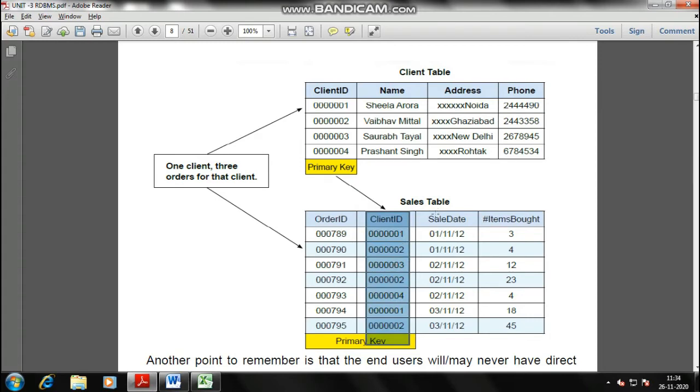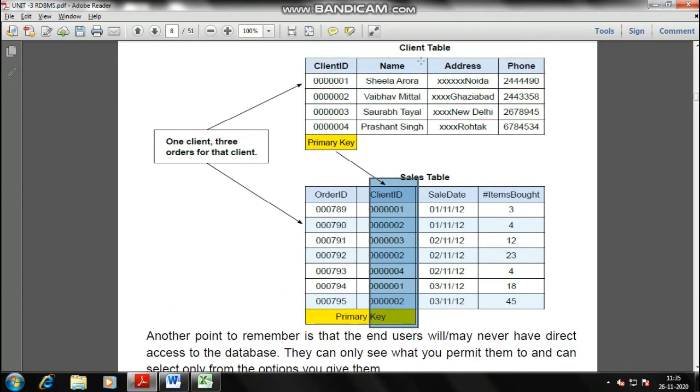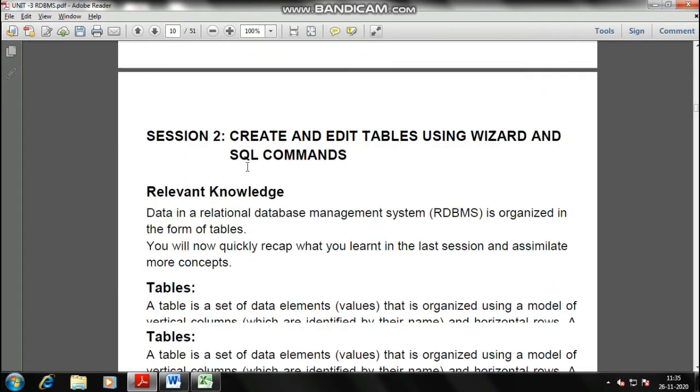Client ID is the primary key of the client table. Order ID is the primary key of the sales table. But the primary key of the client table is getting added in the sales table, and this will act as a foreign key of the sales table, because this is not the primary key of the sales table, this is the primary key of the client table. Okay, simple. So that's it for session 1, and we are switching to session 2,